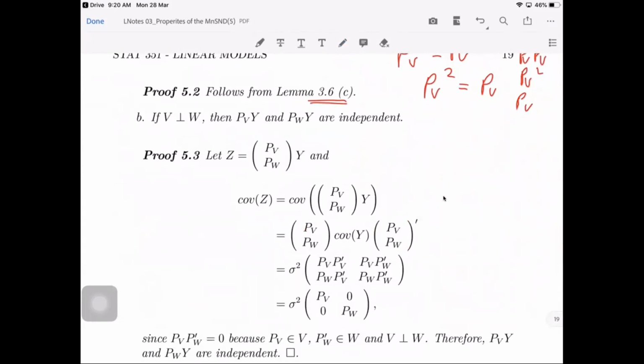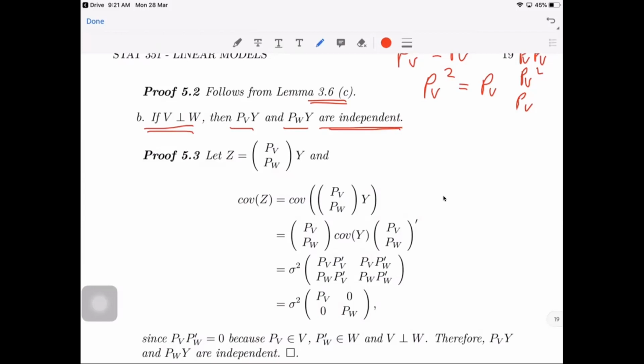Next, letter B. So if V is orthogonal to W, then the projection of Y onto V and the projection of Y onto W are independent. So if V and W are orthogonal, then the projection of Y onto V and the projection of Y onto W are independent. So to prove this,